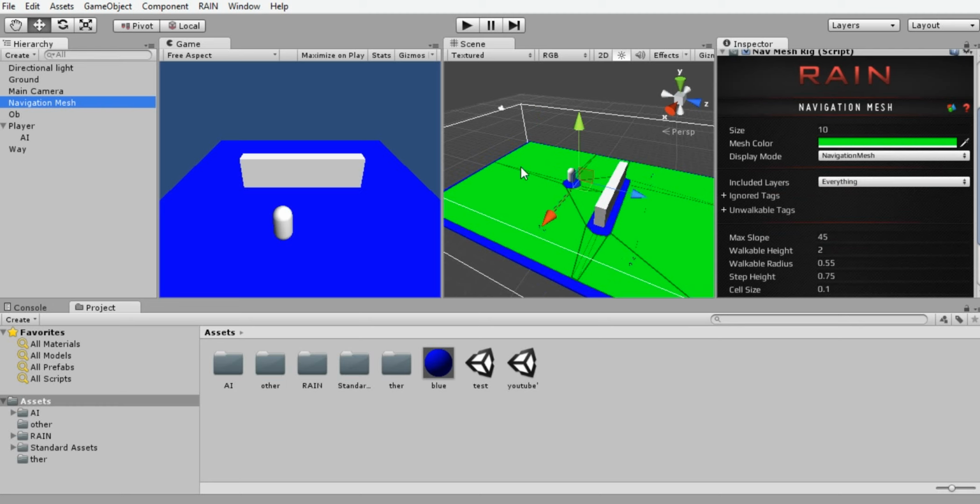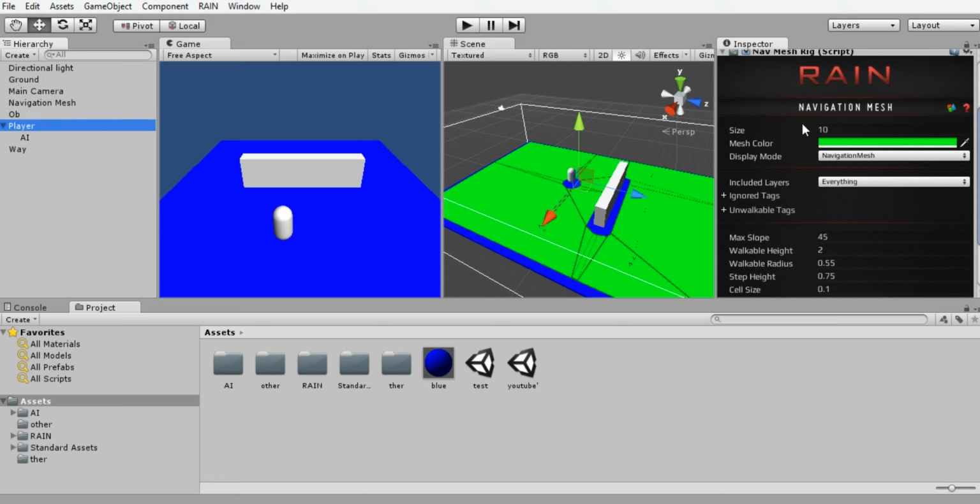move to the points that we set up for him to do, he has to be in the green part of the area. He's in the blue part, and no matter where we move him, he's going to be in the blue part because that's what the navigational mesh thinks. He's interfering with the mesh. So basically what we're going to do is go to the player, and we're going to tag